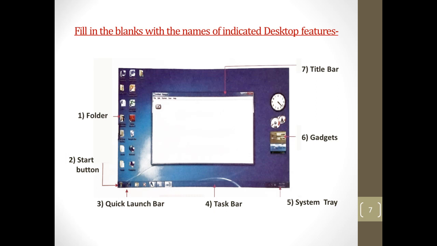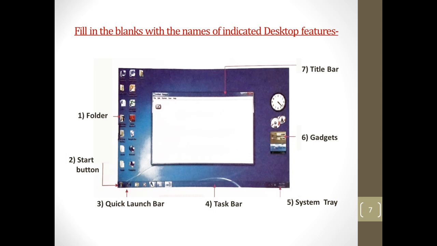Number 4 arrow is pointing at the taskbar, which is the bar that gives quick access to programs and other settings such as date, time, calendar, etc. System tray. This arrow is pointing at the tray in the taskbar, which resides at right side of the taskbar and contains system settings such as audio control, time manager, calendar, etc.